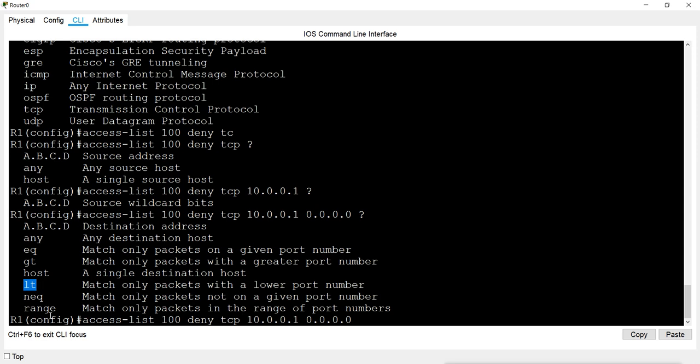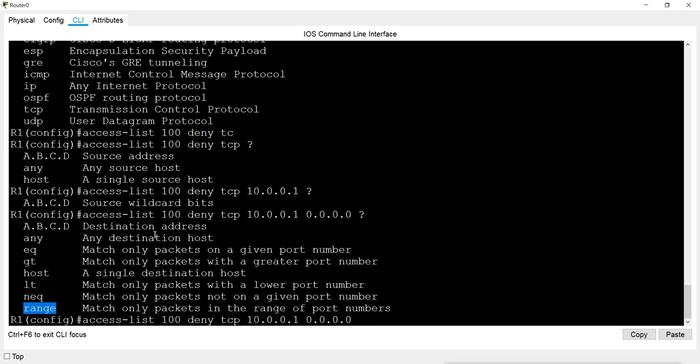And also we can use a range of port numbers, suppose 20 to 25, 30 to 40, 40 to 50, whatever. But basically we don't mention the source port number. I will also not mention the source port number, because when I want to block FTP, whenever the client sends the request, it will send on port number 21. So destination port number will always be 21, but the source port number is randomly chosen, so I cannot define it, because I don't know what number it will choose.